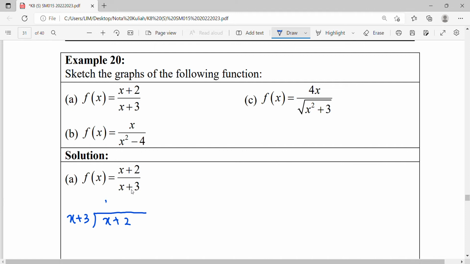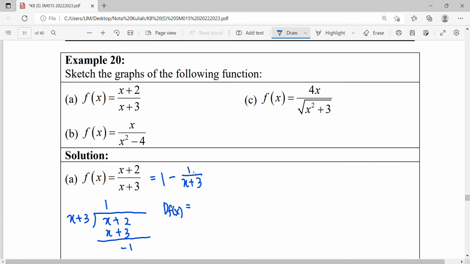So your remainder here is 2 minus 3, negative 1. Means your rational function is 1 minus 1 over x plus 3. So how to draw this rational function? Find out your domain, find out your range. Your domain